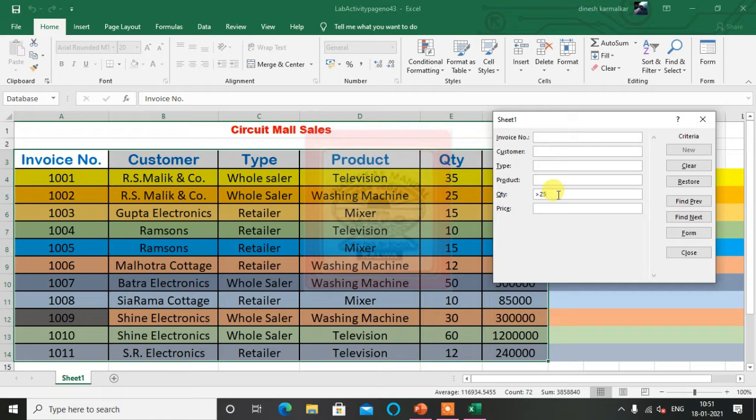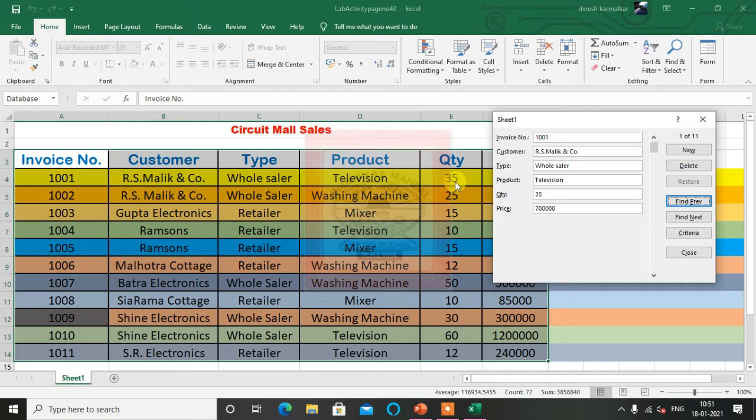I will see the products whose quantity is more than 25. Now the 107 record is there. Now see 109 Shine Electronics, the washing machine is there. 30 here, the 109 record. Then 110 which has 60, and now going previous, you see 7, and 101 with 35 is there.